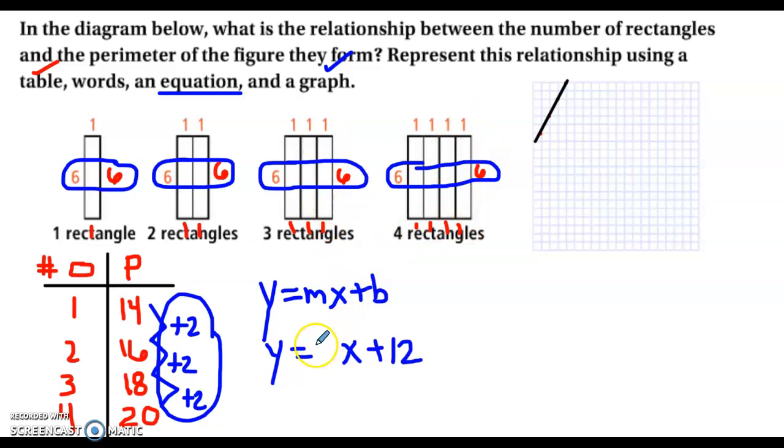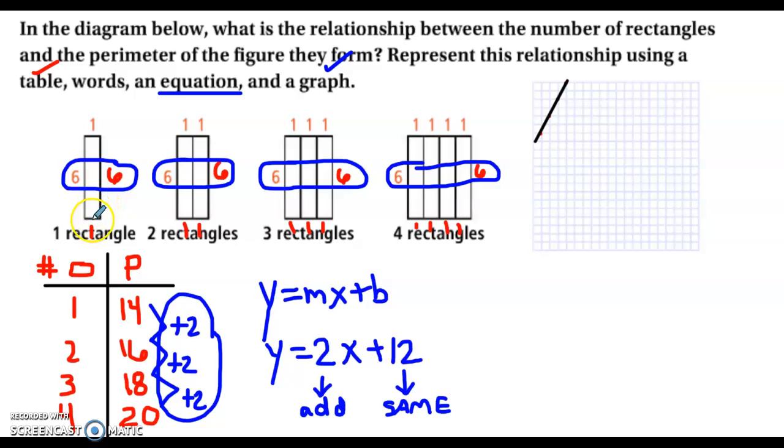So what keeps changing is it keeps going up by 2. This constant on the end is what always stays the same, right? What is your constant? What is staying the same? In each pattern, it always had a double 6. Every single time there's a double 6, so there's always 12. Then what you keep adding, the same from each one to the next one, is you kept adding 2 because